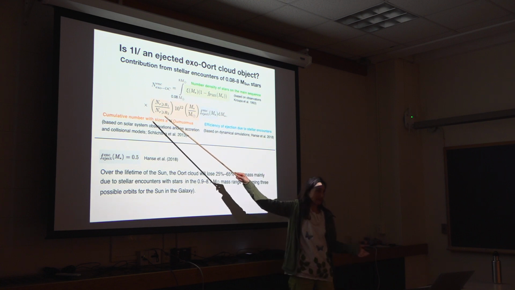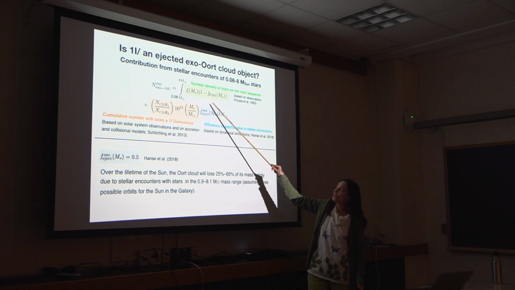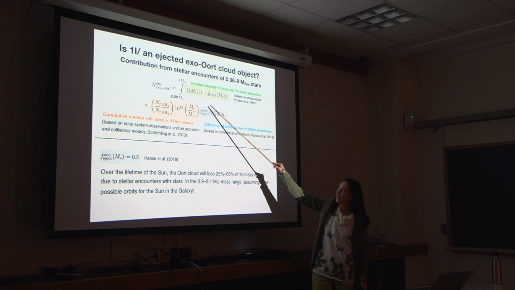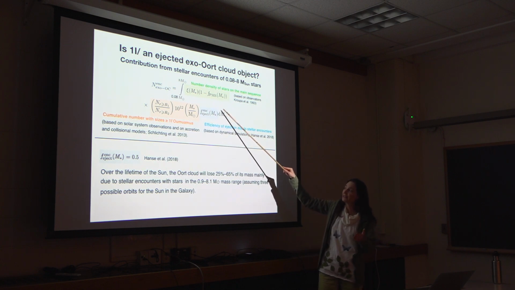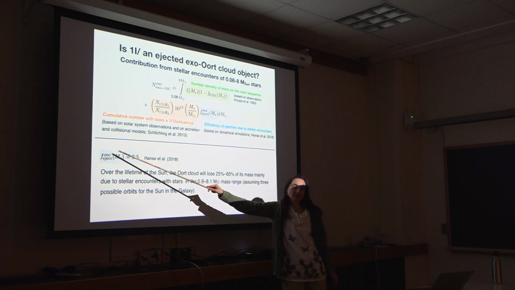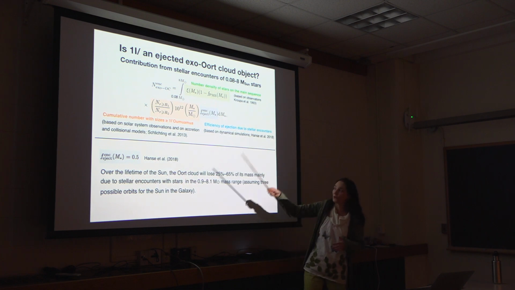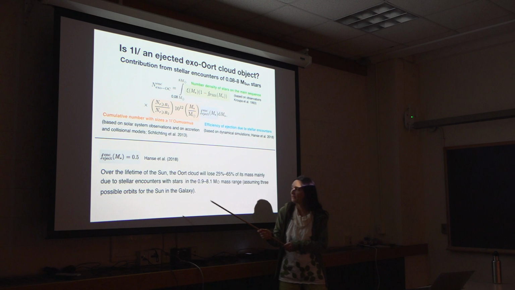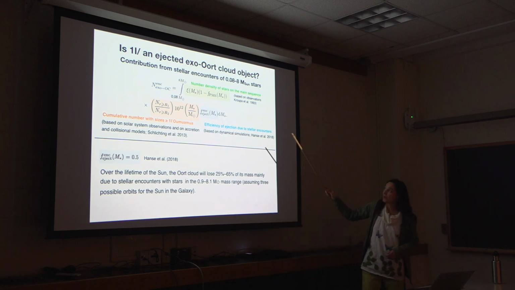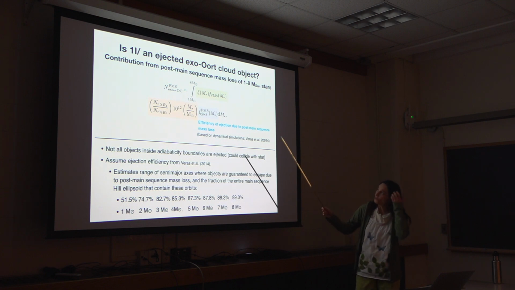It is going to depend on the size distribution. And then I'm going to assume some ejection efficiency, which in this case I'm going to take from simulations of how effective these stellar encounters are at ejecting this material. So I can plug that in, and then I can do the same for the contribution